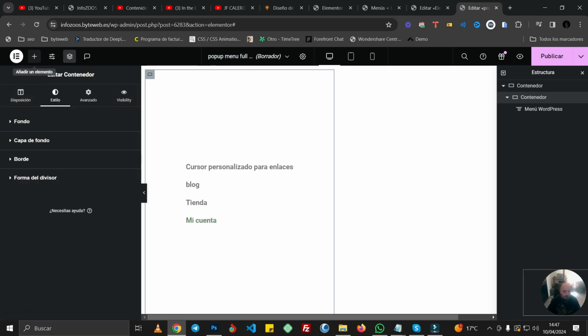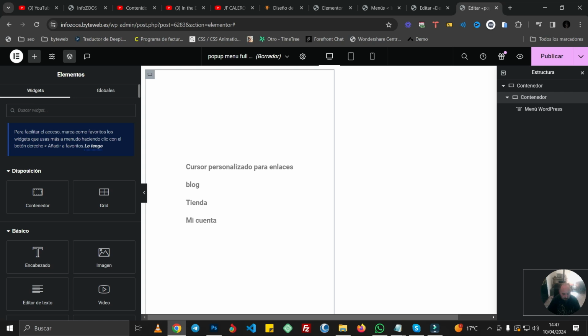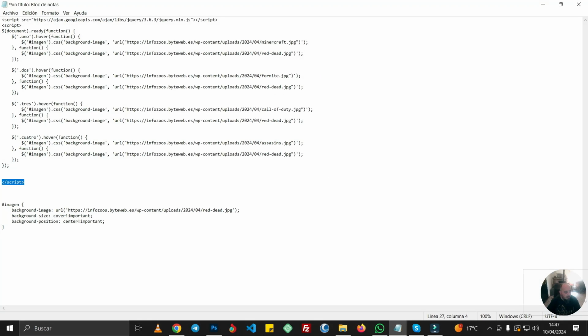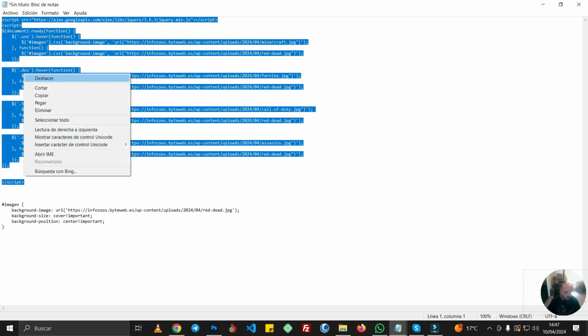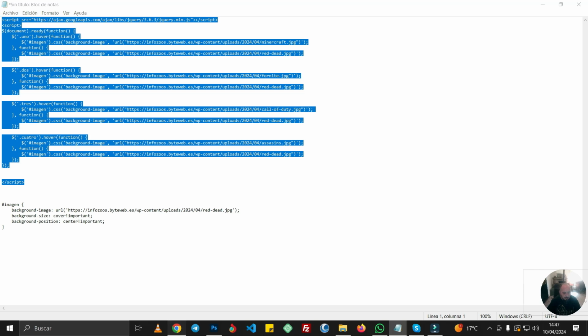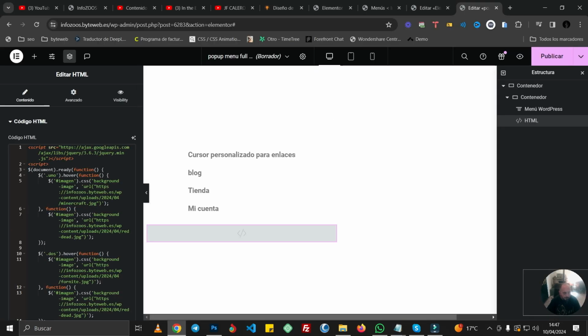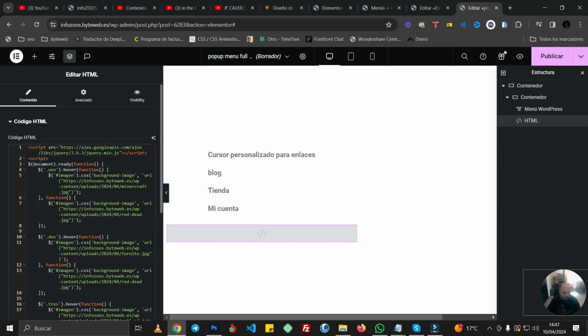We are going to put an HTML widget under this widget. We insert it here, and here we are going to paste the following code. We copy and paste it here. This is the code regarding JavaScript and jQuery, and then